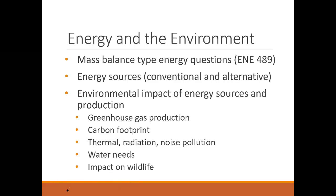For the energy and the environment section, based on the information that I have been able to gather, the type of questions that you could expect in this section are mass balance type energy questions, similar to what we do in 480 in terms of power plant type questions. Energy sources, so knowing something about conventional and alternative. And I don't have a good sense of how much of this is covered in 371. So some of you who have taken 371 might want to chime in here